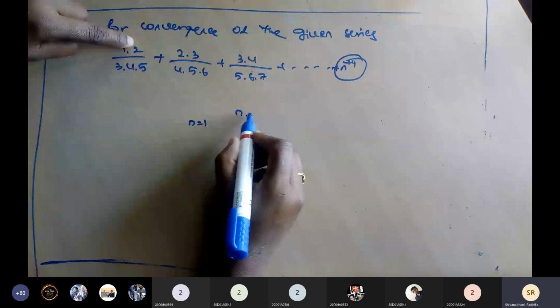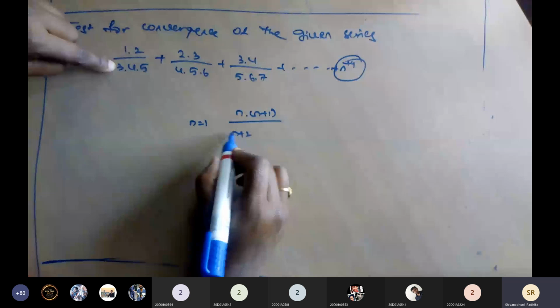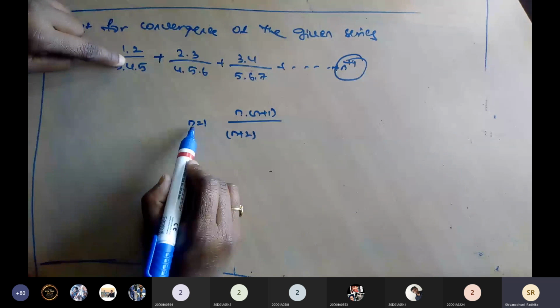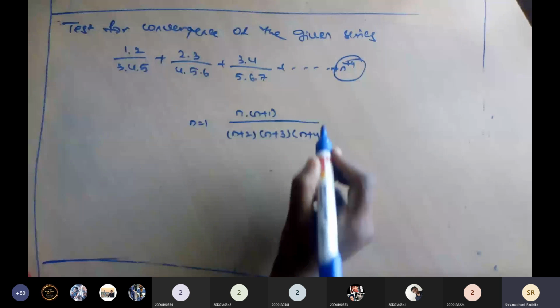So how much can we add to n equals 1? 2 we have to add. So n plus 2, and 4 we get. How much do we have to add to the 1? We are getting 4, n plus 3. 3 plus 1, 4. Again, how much do we add for n equals 1? Then we are getting 5. So that is n plus 4. Is it clear? So which is the nth term?